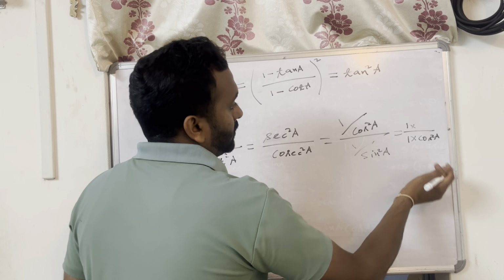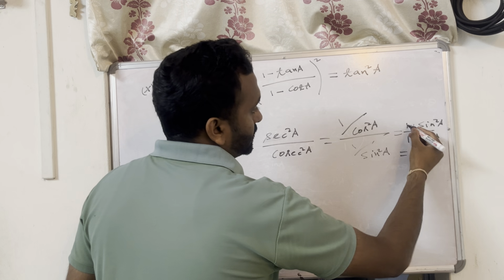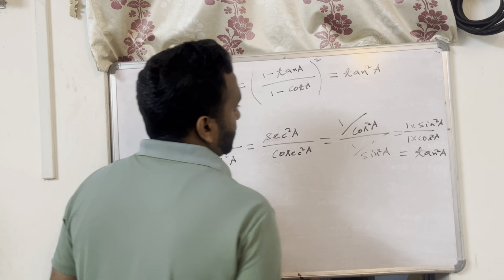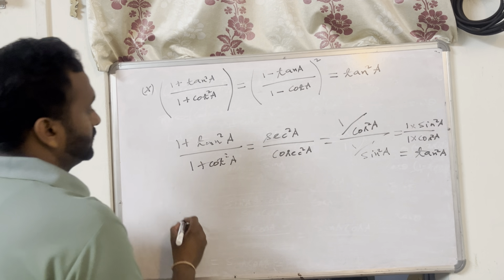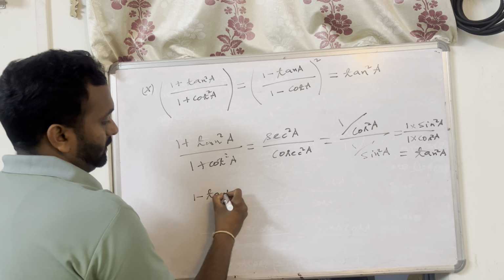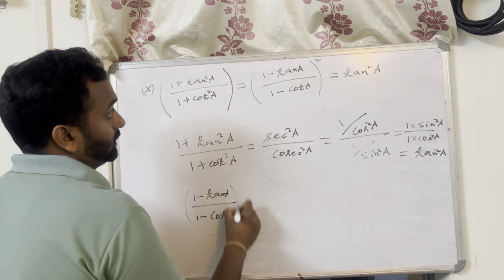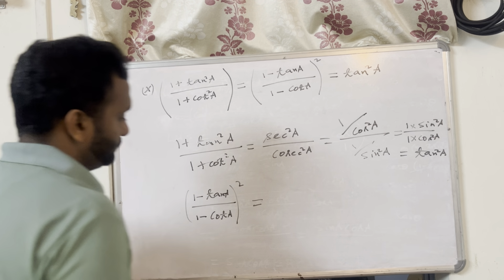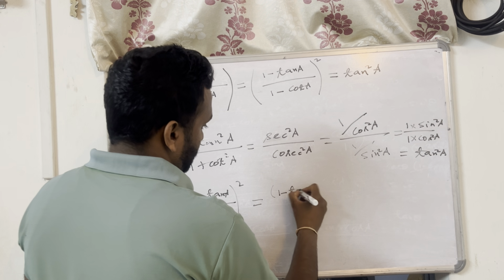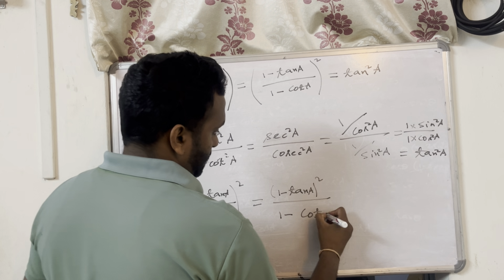Similarly, Q of the denominator goes up. So ultimately it is 1 by 1, and sin square by cos square is nothing but tan square A. And let's check this part now. So that part is (1 minus tan A by 1 minus cot A) whole thing square, and we know that can be written as (1 minus tan A) whole thing square divided by (1 minus cot A)